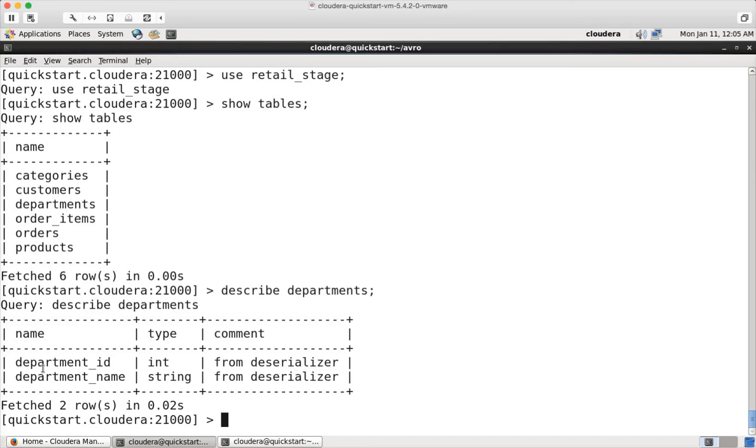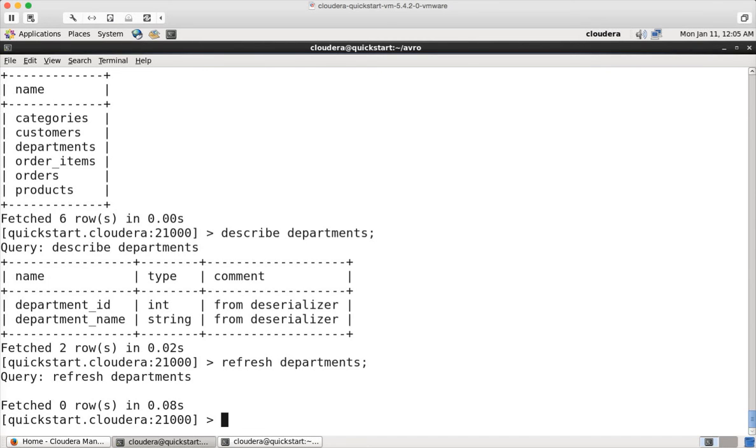Either you can run invalidate metadata, which will try to flush out all the invalid metadata information from the Impala process and refresh with valid ones, or you can use the refresh command on a table for which we made the change, and then hit enter. It will only refresh metadata for that table. And now if I describe departments,